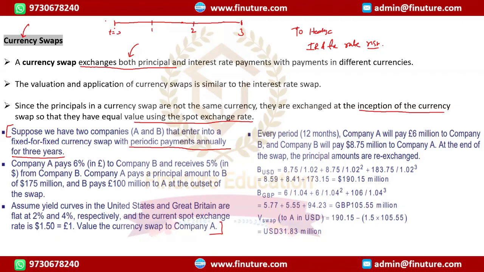A is paying 6% in pounds to company B and receives 5% in dollars. So they are paying 6% in sterling. Okay, so 6% sterling payment,